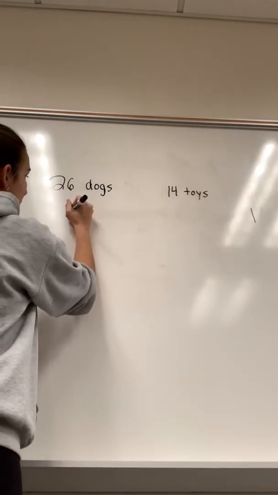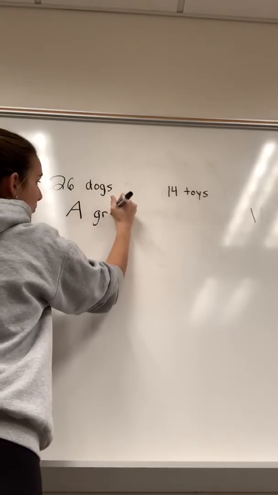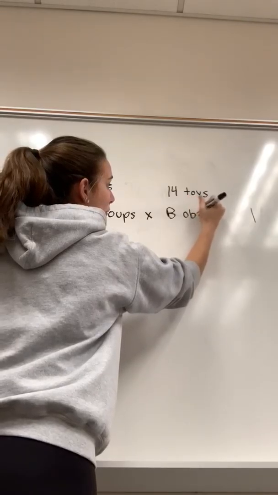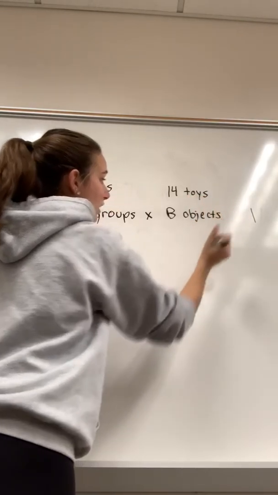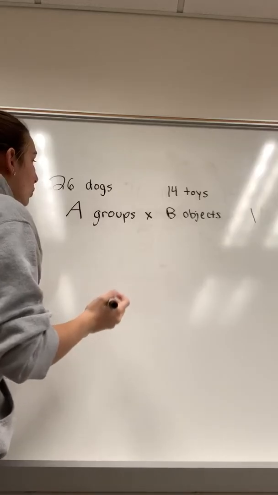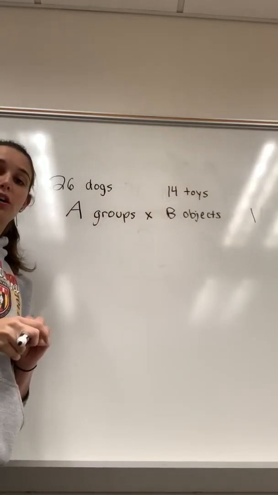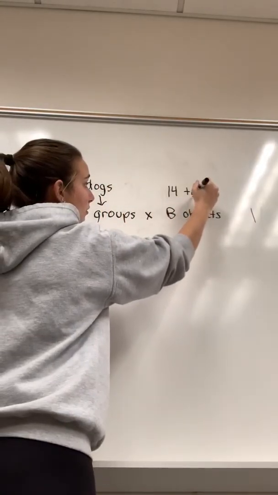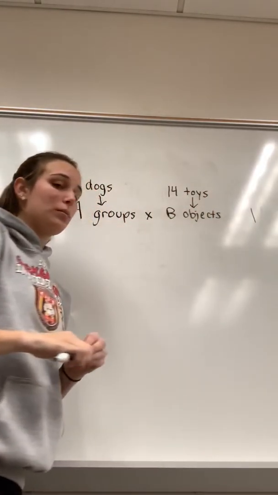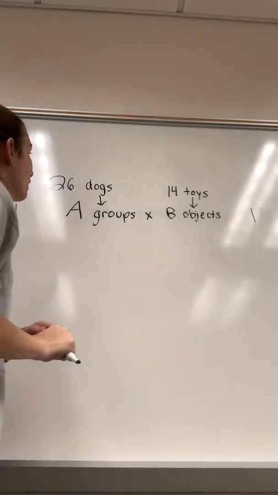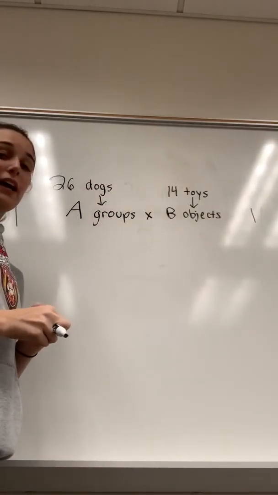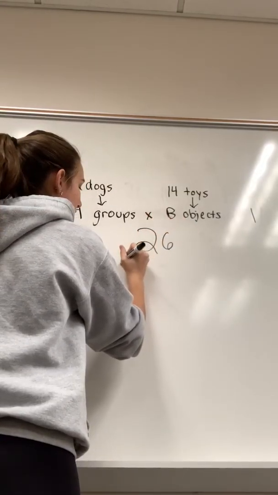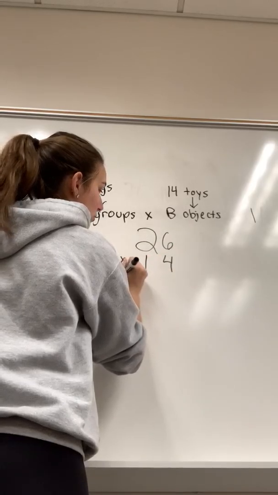So the definition of multiplication tells us that A groups times B objects will get you the total amount of objects in all. So for this instance, the dogs represent one group. Each dog represents one group. And the 14 toys represent how many objects are in one group. So this tells us that we need to multiply. So we'll set it up like the common method, 26 times 14,